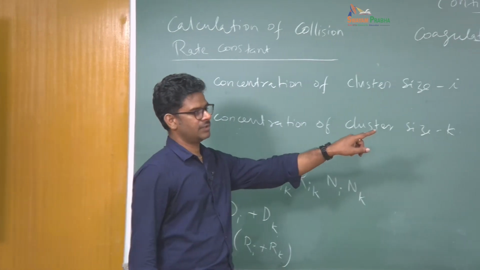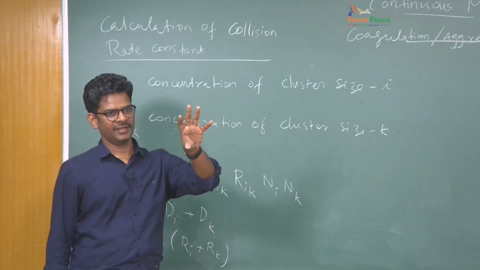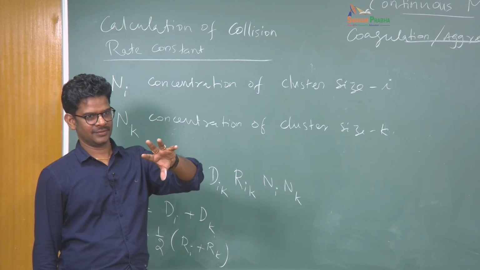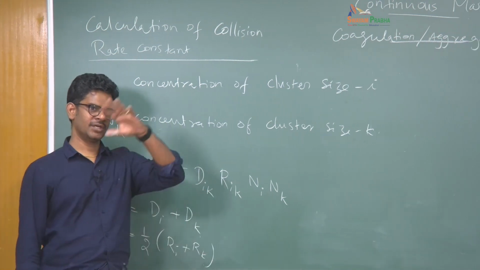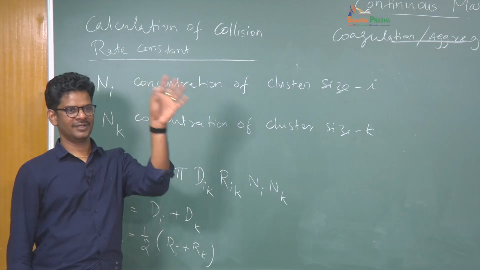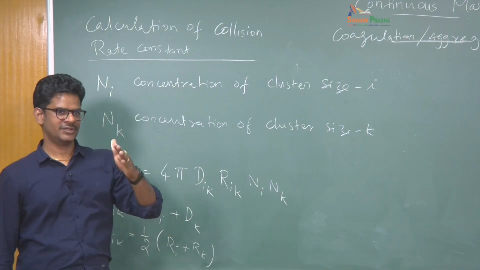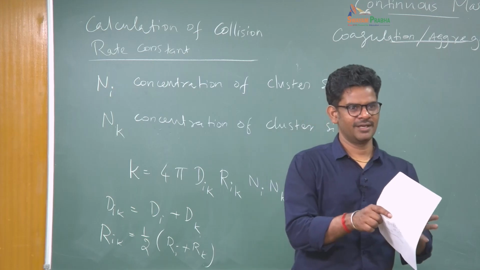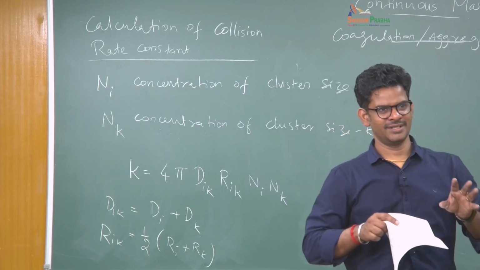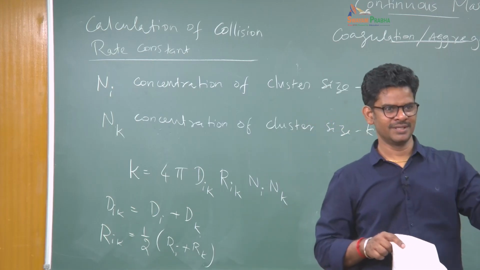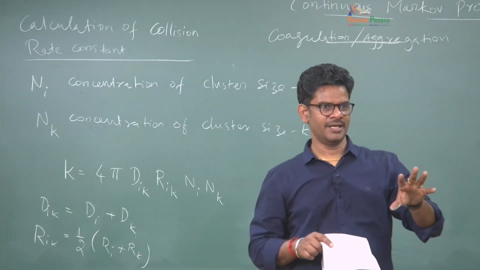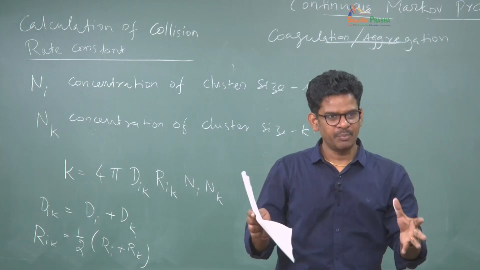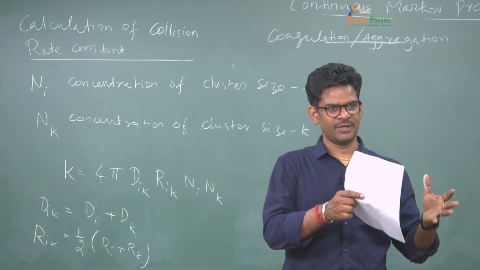So no, there I was thinking about only one particle with respect to one particle which is frozen or mobile. Here we are talking about the total, all possible collisions and all possible combinations. That's why I was trying to say the stages of how we arrived at this. First, a frozen particle and finding out the rate of collision, then letting this frozen particle move about. And now we are saying that there is not just one particle, there is a concentration of particles in each class.